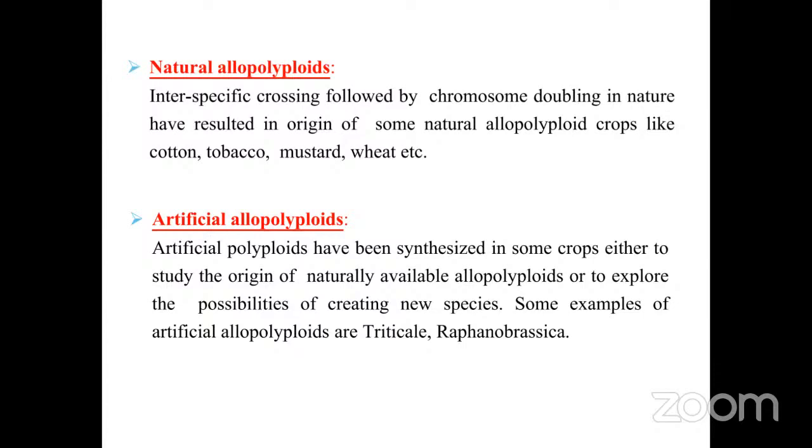Artificial polyploids can be generated. Artificial allopolyploids means that if we do the crossing, it cannot happen naturally. We have to do the crossing, we have to incorporate some gene from one species, and some gene from another species, and in this process